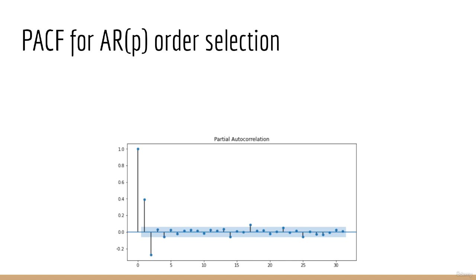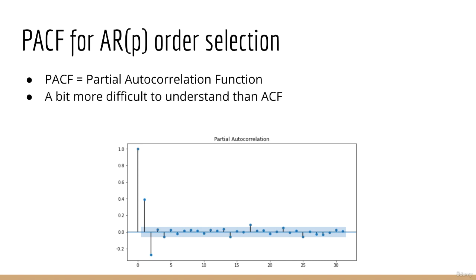In this lecture, we are going to discuss how to choose the final hyperparameter of the ARIMA model, which is p, the order of the AR component. This is accomplished by looking at the PACF, which stands for partial autocorrelation function. In my opinion, the partial autocorrelation function is a bit more difficult to understand than the ACF. However, the way that we apply it is the same as how we apply the ACF for the moving average